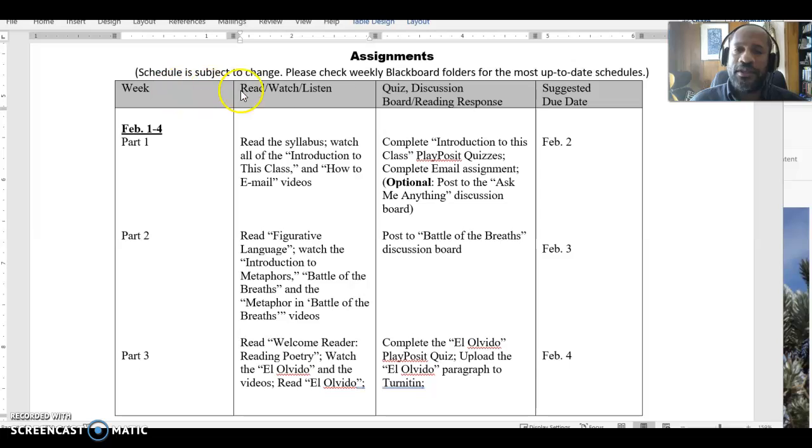So you see that I've got these columns here. I've got the week in one, and the first week is February 1st through 4th. Then I say what to read, watch, and listen to, the things you need to gather information. The next column is quizzes, discussion boards, reading responses, things that you need to do and turn in to me,